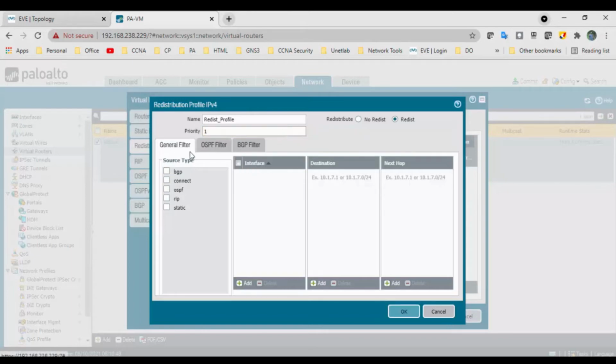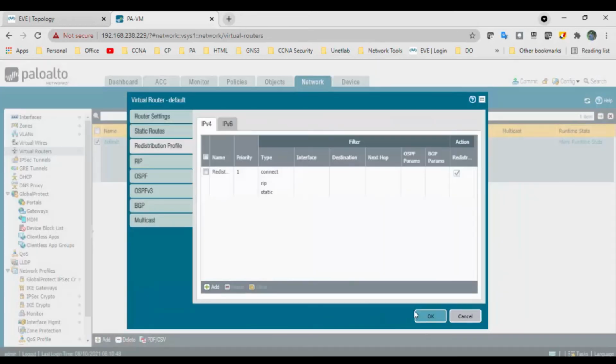And in the general filter, you can select the connected devices, and select the RIP, since we have enabled the RIP inside, and select the static sources. If you want to add any particular interface also, you can add it, but I will go with the default options. Click on OK. So my redistribution profile is ready.